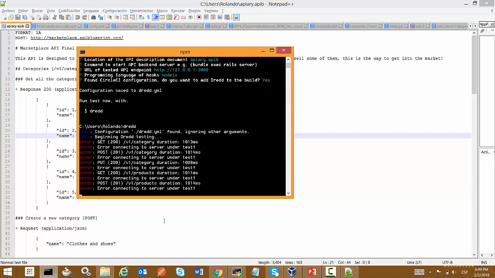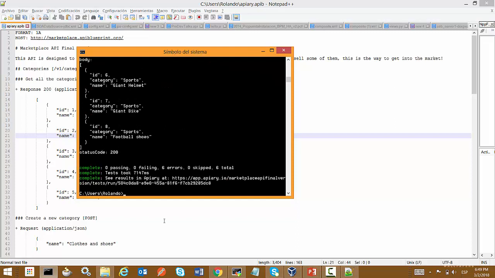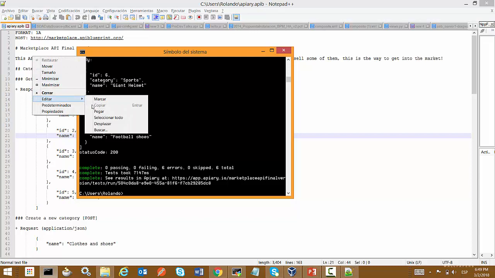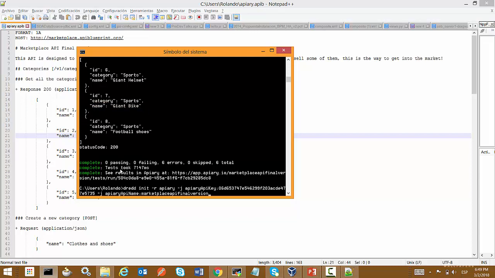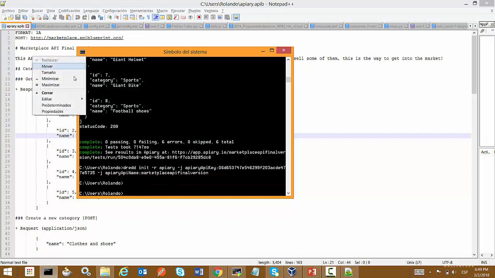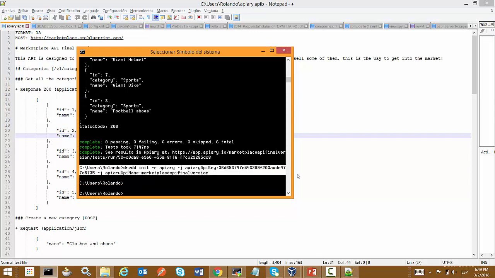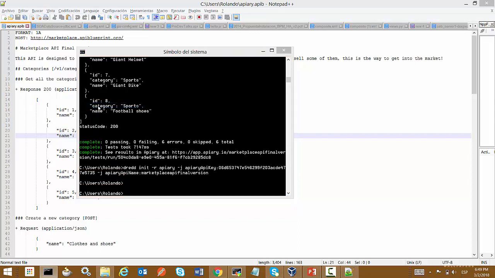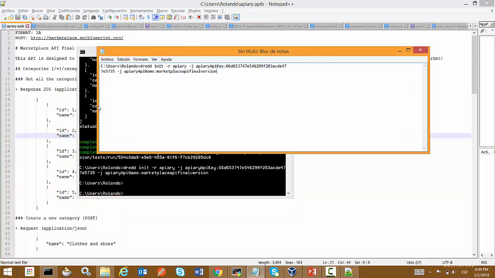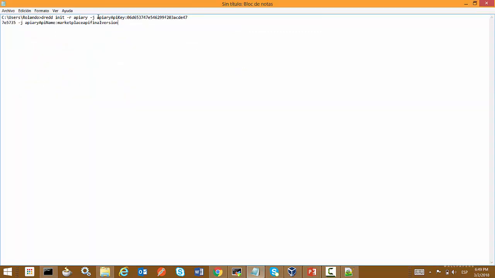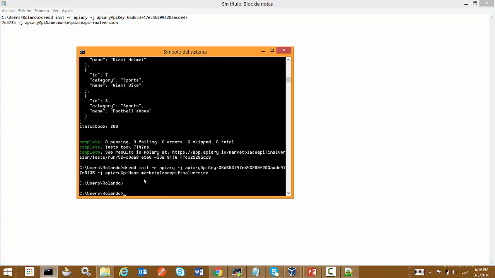All tests are going to be failing because of the endpoint used to test the resources, and sorry about it. Then I am just going to copy this. And I did not paste the right thing.